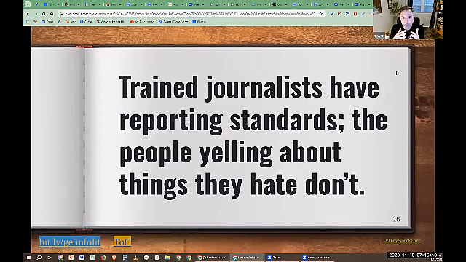We know that trained journalists have reporting standards. We know that. Our students may not. We also know, hopefully, that people yelling about things they hate don't have reporting standards or journalistic standards or really any kind of standards. So we've got to think about how are we helping students find reliable sources of information,